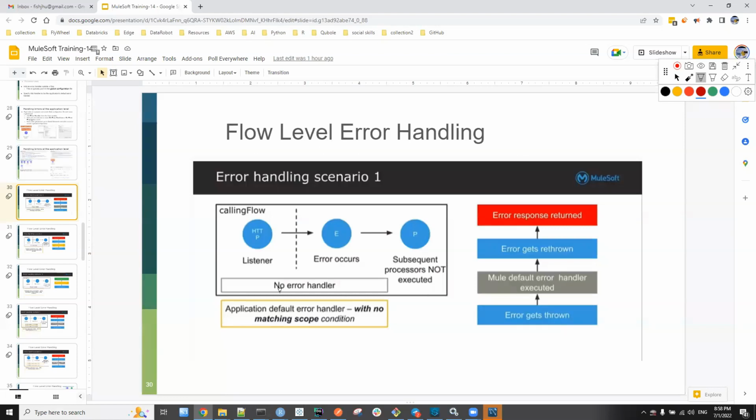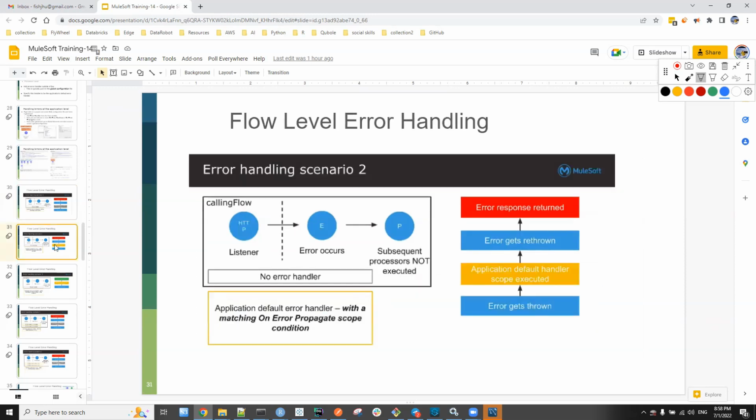What we said is, if you have not defined any error handling scope in here, it is going to check whether you have an application level error handler. But if the application level error handler also doesn't match the type of error we have, then it will be handled by the Mule default error handler.